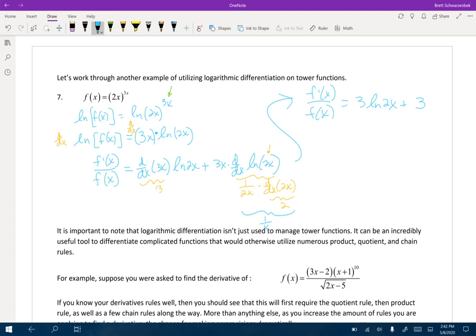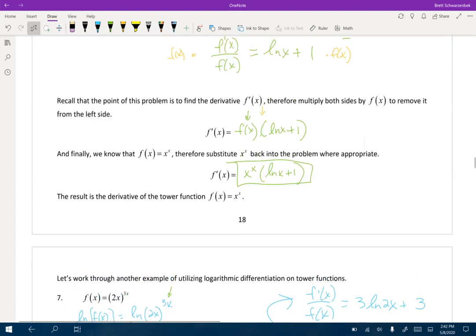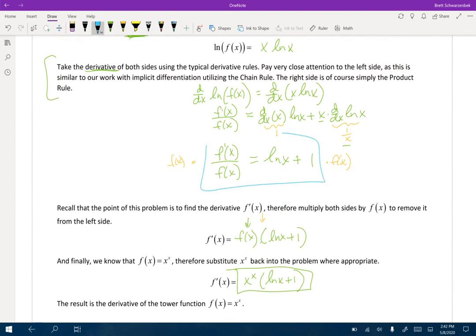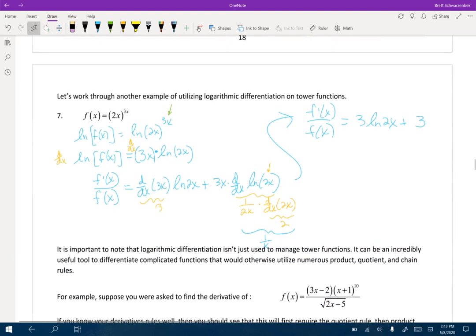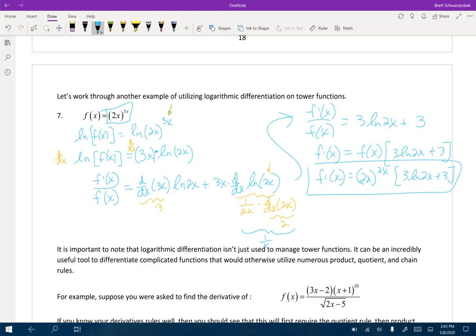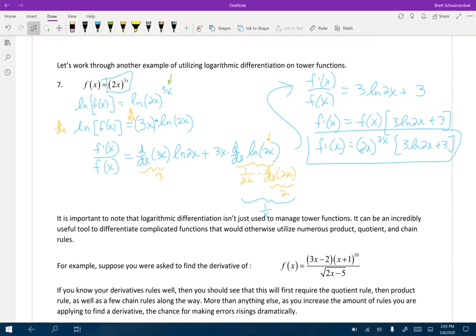All right, so what did we do in the last step over here? Once we got here, we needed to multiply both sides by f of x so that we isolated the derivative designation on the left. So we're going to get f of x times 3 ln 2x plus 3. And then once we have our f of x, we can then replace it with our original function 2x to the 3x and get this as our final derivative. It is a little crazy, but the process is pretty straightforward, and I'm going to show you why I default to this specific process